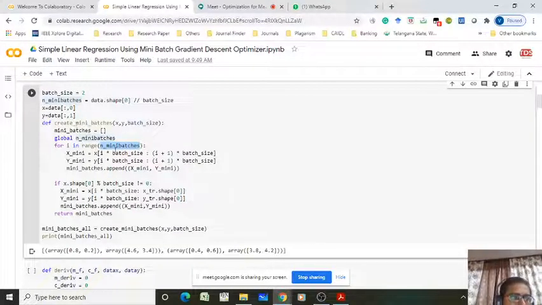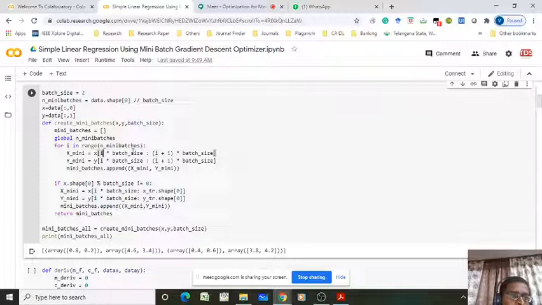Now for i in range of n mini batches. The number of mini batches is equal to 2, right? So range of 2 means 0 and 1. That means first i equals 0, later i equals 1. When i equals 0, x mini is the actual x value from i equal to 0. 0 into batch size means 0, colon, 0 plus 1, 1 into batch size.